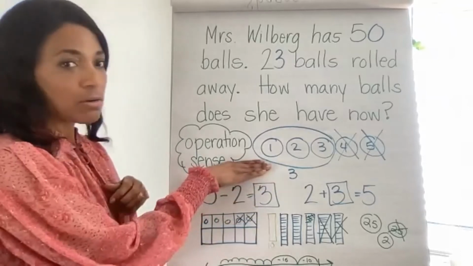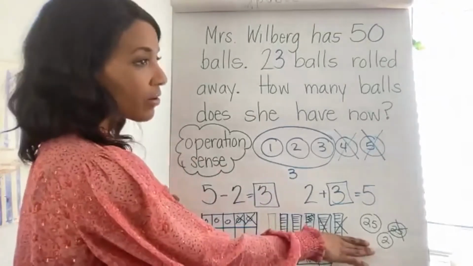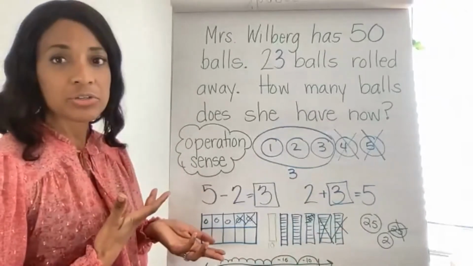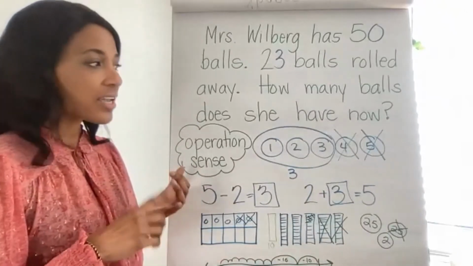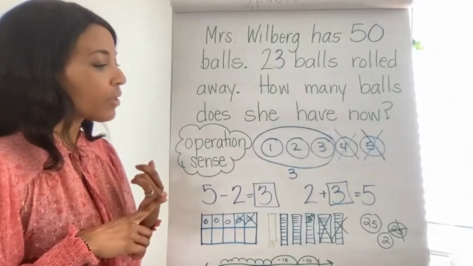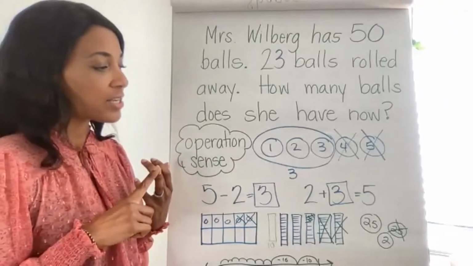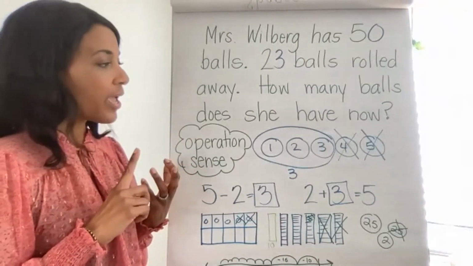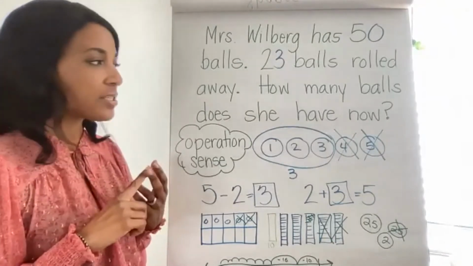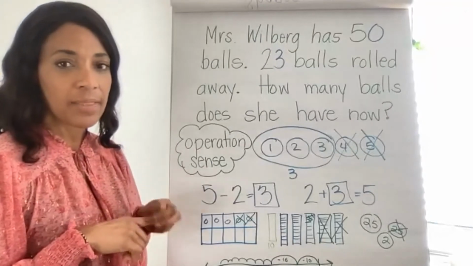So for kindergarten, 1 by 1; first graders, groups of 10s; second graders, understanding those equivalent values and groups of 100. So by the end of the year, second graders should be adding and subtracting with numbers up to 1,000. First graders should be adding and subtracting up to 100. And the Common Core standards say that kindergartners should be adding and subtracting up to 10, although most of the kindergartners I've seen at Cabrillo are beyond that point.